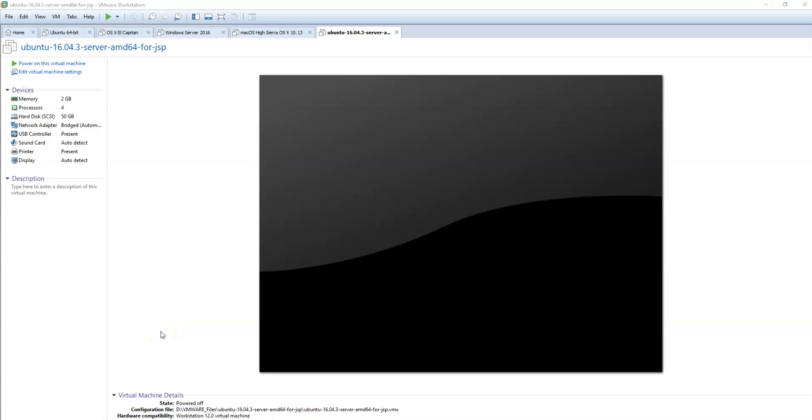Hi, my name is Aslan and I'm a software developer. Today I want to show you how to install Microsoft SQL Server on Linux Ubuntu Server using a Docker container. I have Windows 10 installed on my machine, and on Windows 10 I have VMware Workstation installed. The Ubuntu Linux server, where we'll be installing Docker, is installed on VMware Workstation as a